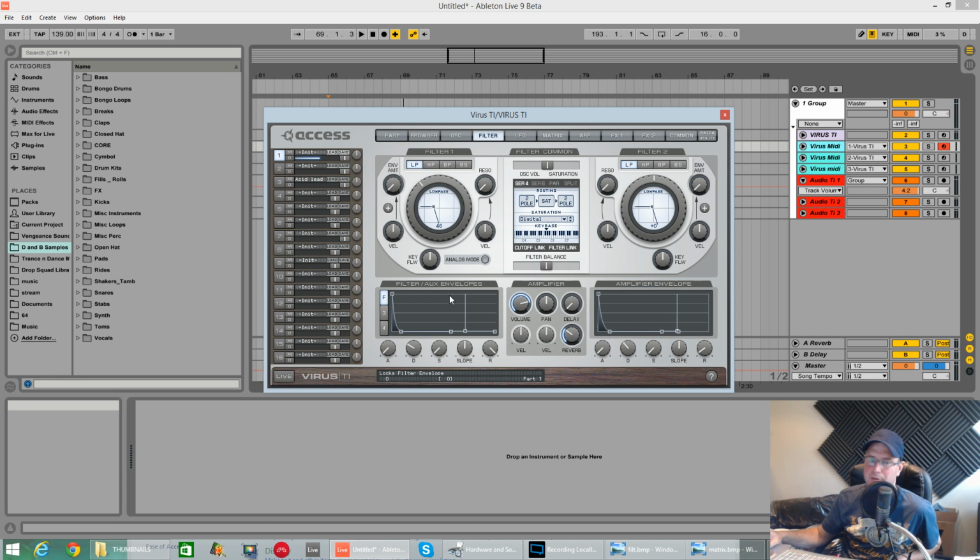Really killed the sound now with that filter down. We are now going to introduce an envelope. The filter envelope already initially comes as a plucky sort of envelope. We're going to introduce it a little bit more to about 57%, and then dial the amount we want. We want this filter envelope to open the filter up and then close it back over the decay time, so we want to keep it on positive. Dial the amount around to